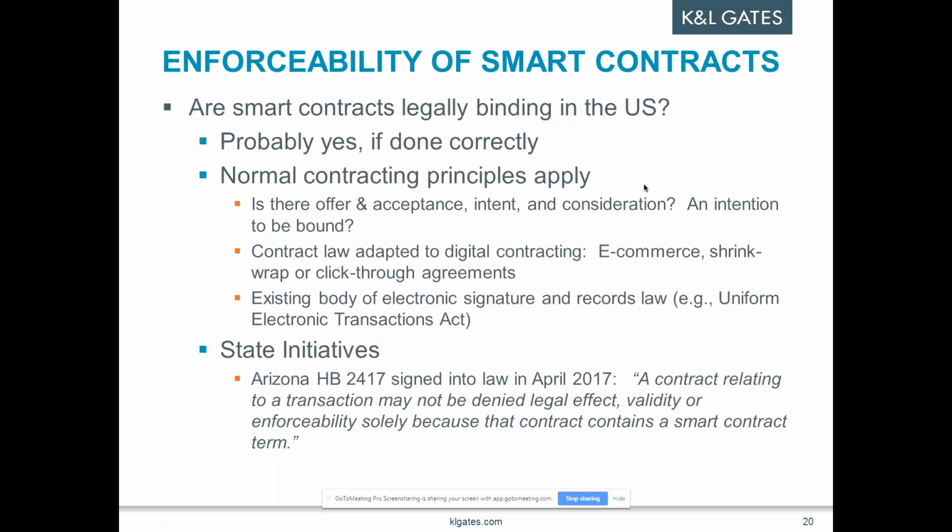The normal contracting principles apply. And in fact, we've already seen a lot of contractual principles adapted to the digital age with shrink wrap contracts or click-through agreements or the privacy settings you agree to on Facebook. Generally, if you give someone an opportunity to read the terms and understand them and indicate some affirmative measure of consent, you're going to be okay, and your binding contract will